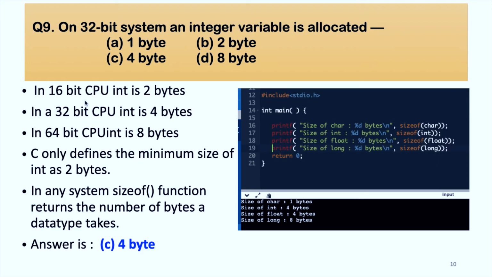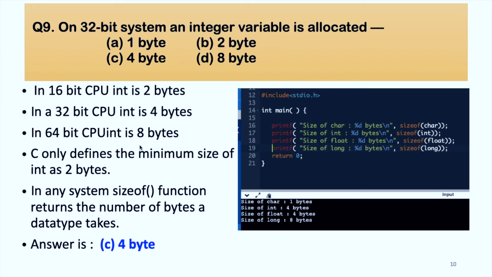In a 16-bit CPU the integer is 2 bytes, that is 16 bits. Now in 32-bit CPUs it can have 2 bytes, but for a 32-bit CPU making it 4 bytes makes it easy for the CPU to operate. So normally the compiler designers make it 4 bytes for a 32-bit CPU. Similarly in a 64-bit CPU the integer is made 8 bytes because that is easier for operations, but they also can make